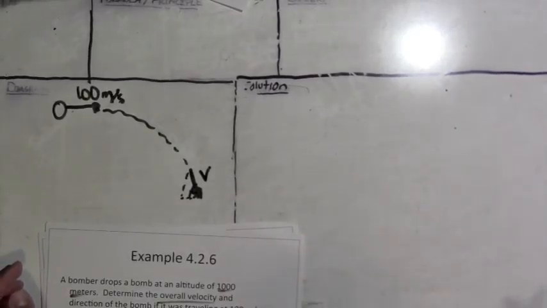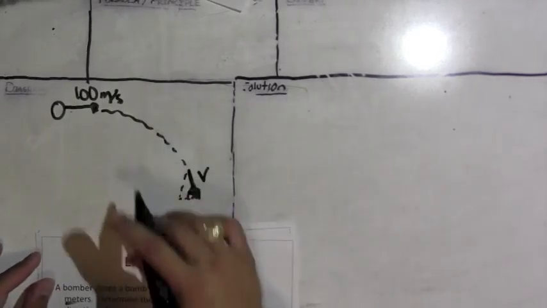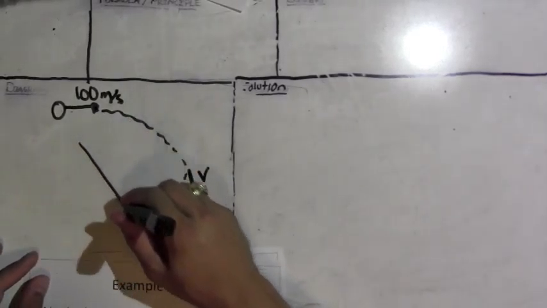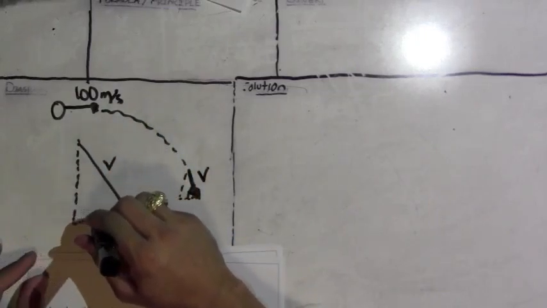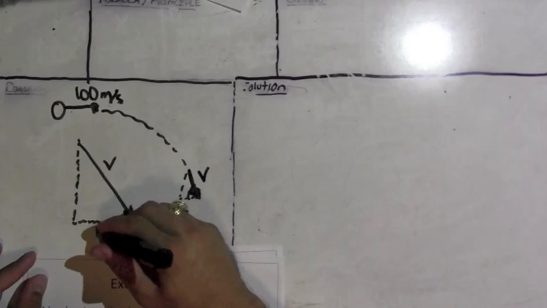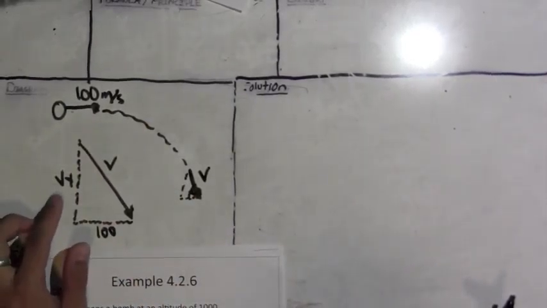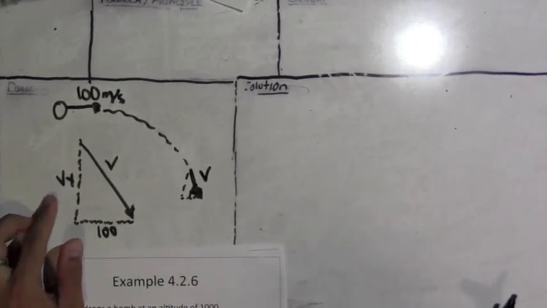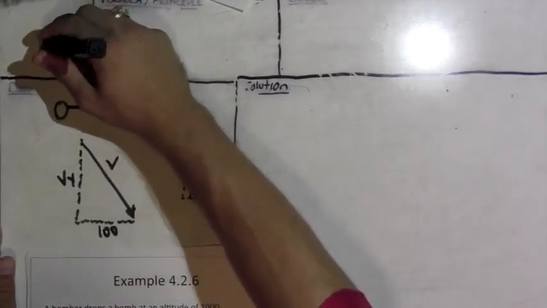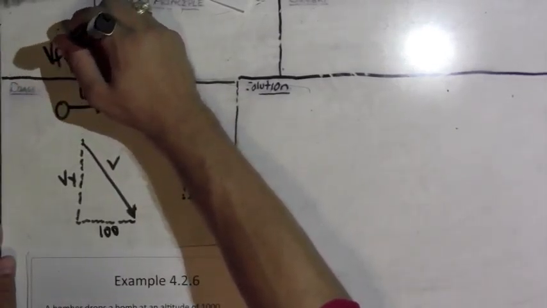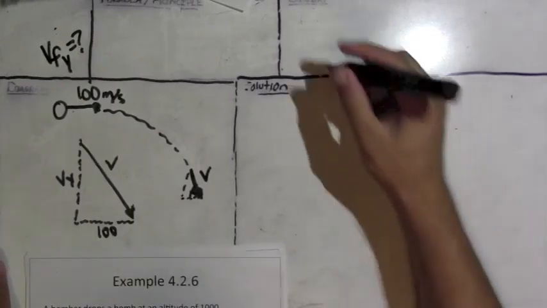So really what I need to do in order to solve this is to find overall velocity, which is this v term. I need to know velocity in the x direction, which I already have as 100, and velocity in the y direction. So if I can solve for velocity in the y direction, I can then solve for velocity overall and the angle as well. So really what I'm trying to do is solve for velocity in the y direction. And it would be the final velocity,